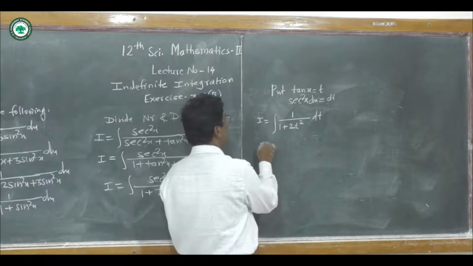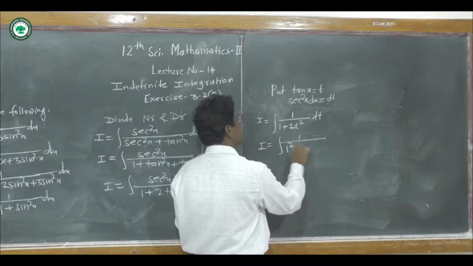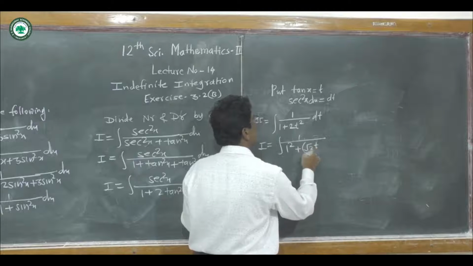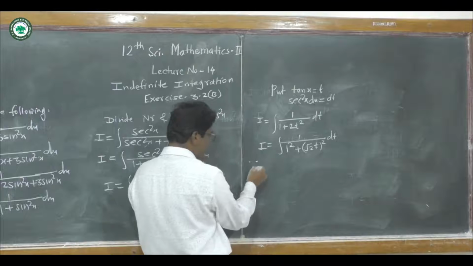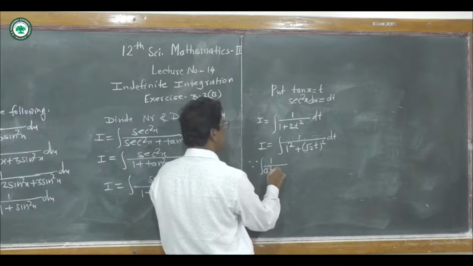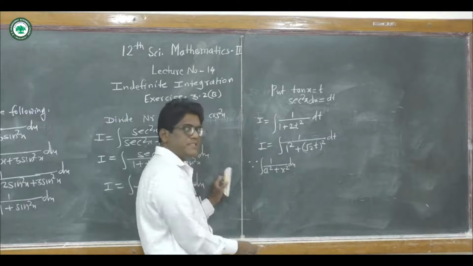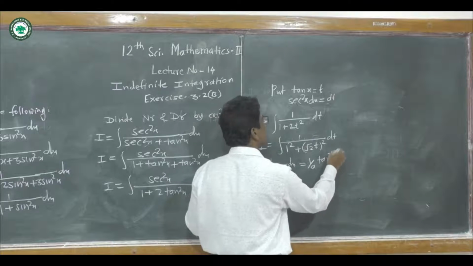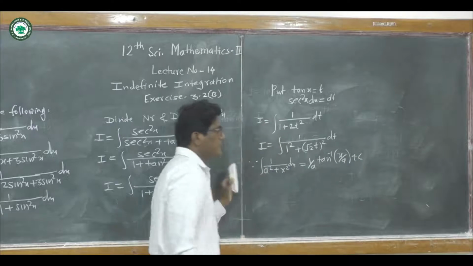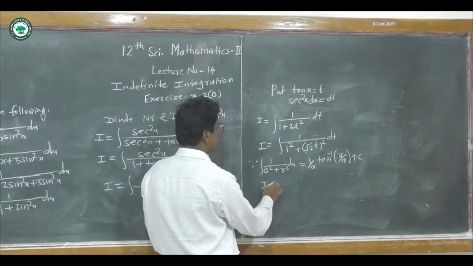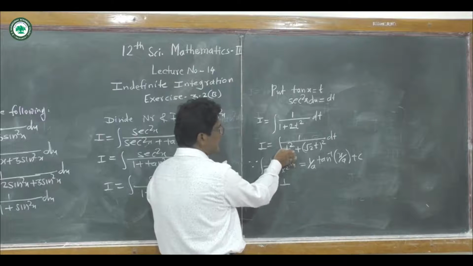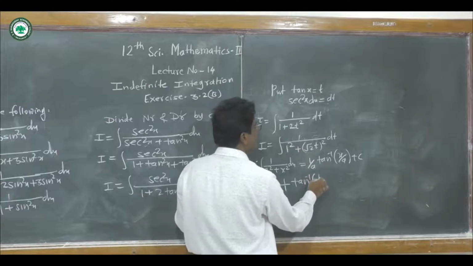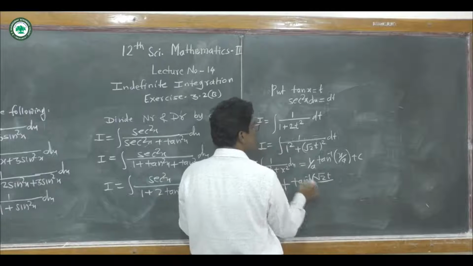And therefore I is equal to integration of 1 upon 1 square plus twice t square, which we write as root 2 into t, bracket square, dt. And now here use the standard formula, integration of 1 upon a square plus x square dx, either a square plus x square or x square plus a square. The formula is 1 upon a into tan inverse of x upon a plus constant of integration. Therefore this integral I is equal to 1 upon a, where a is 1, so tan inverse of x, which is here root 2 t, divided by a, which is 1,